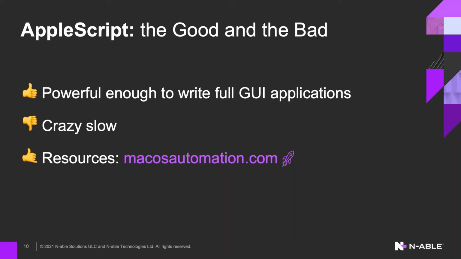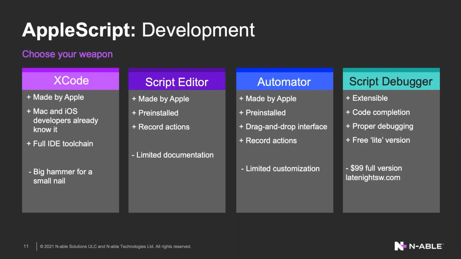But if you're interested in more of the history and the fiddly details of AppleScript, I highly recommend the site macOS Automation, written by Sal Soghoian. He's the head of all things automation at Apple for 25 years or so, and just left Apple a few years ago because they essentially eliminated the department that he was the head of for 2.5 decades. So go figure.